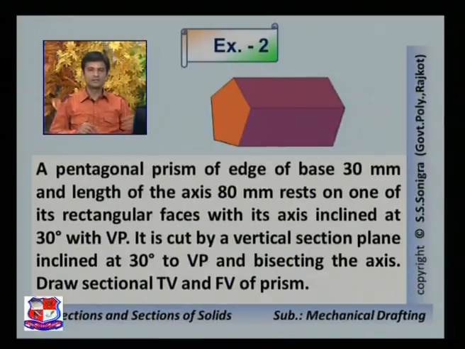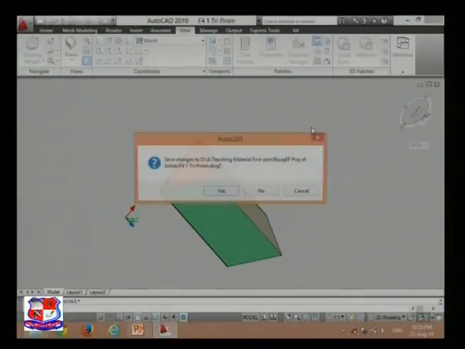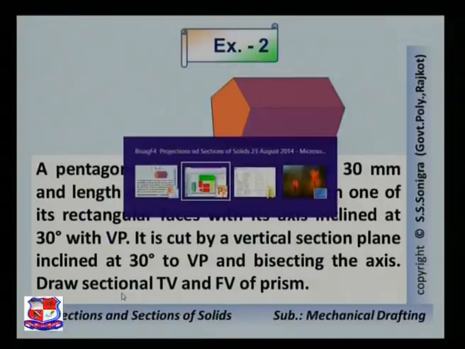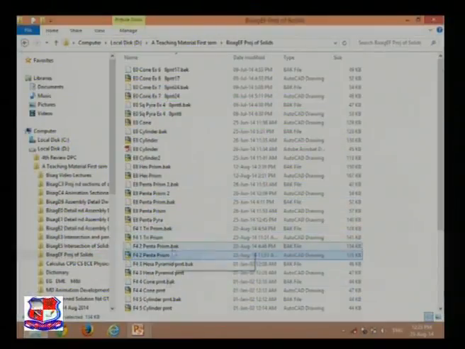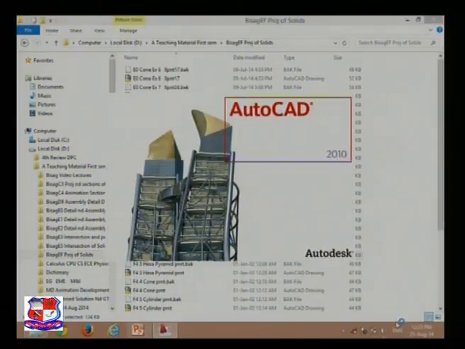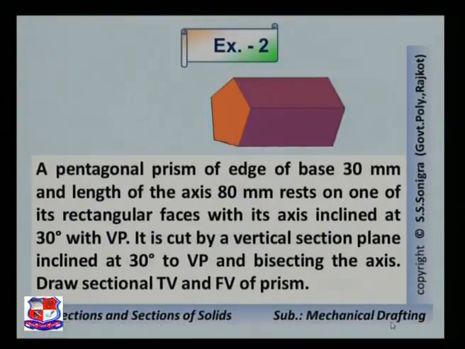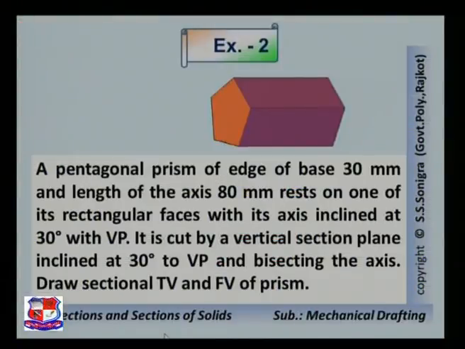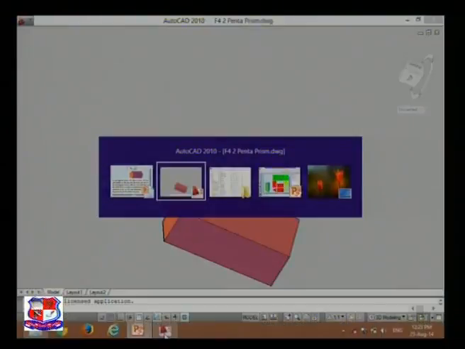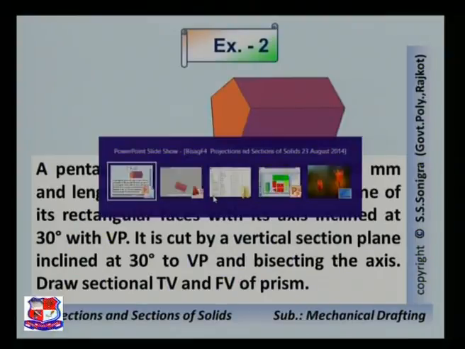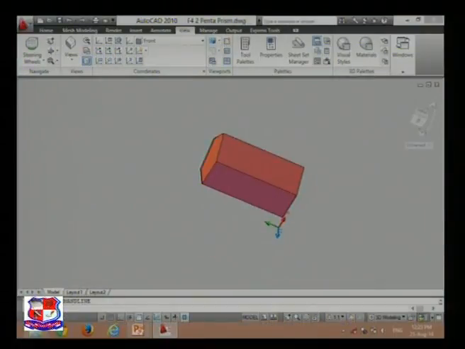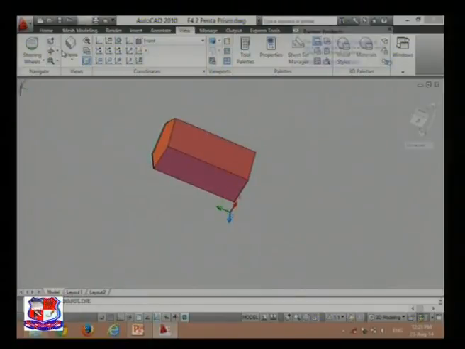So here a pentagonal prism is given. You can see here, this is the pentagonal prism. Let me show this pentagonal prism. It's opening. The pentagonal prism has 2 pentagonal faces and rectangular faces, this one. This is the pentagonal prism, you can see here. And here, this pentagonal